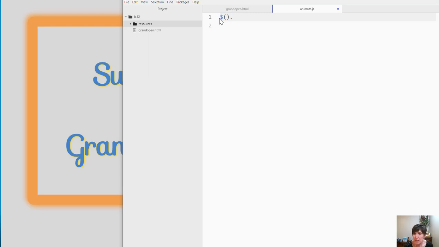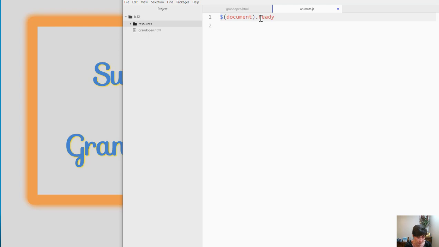Now the first thing that we want to do is establish what's going to happen when we load. So remember that before we did a window.addEventListener, and we used the event load. The way that we do that in jQuery is we simply say document. So this is going to be for the whole document, and that's our selector, and then it's .ready. And the way that this action works is it will wait until the whole page is loaded, and then it